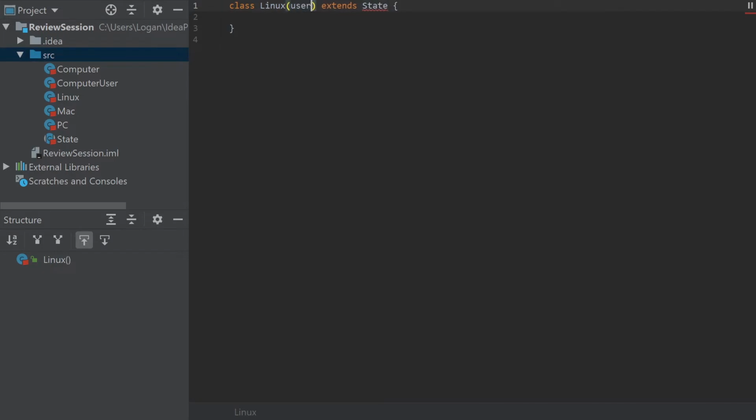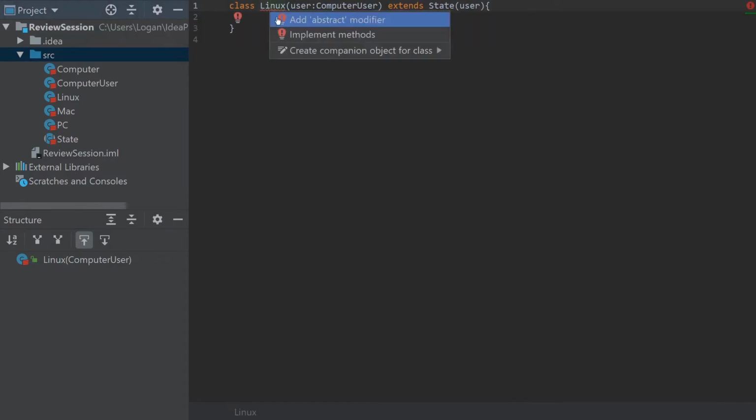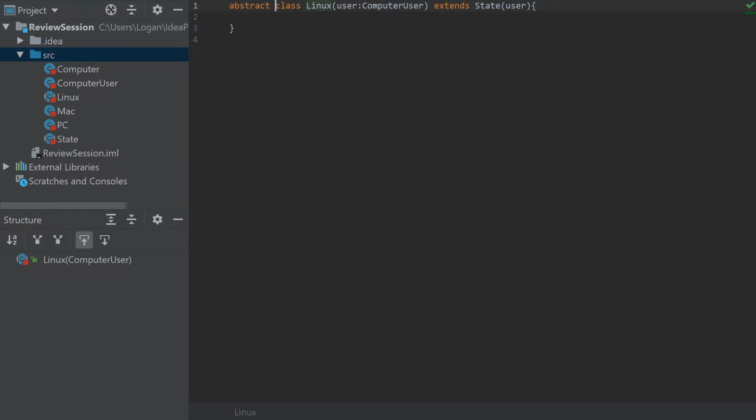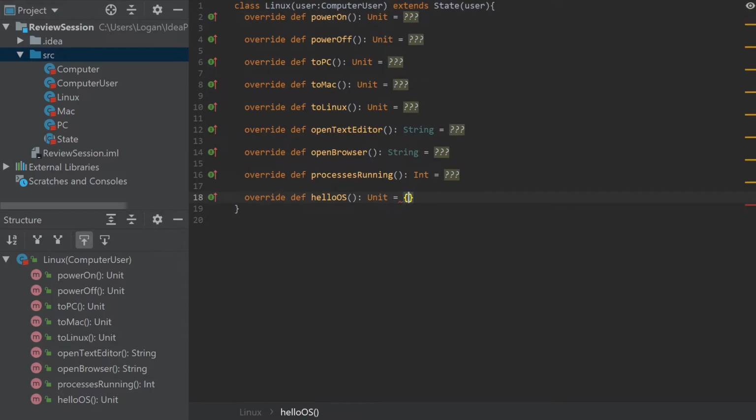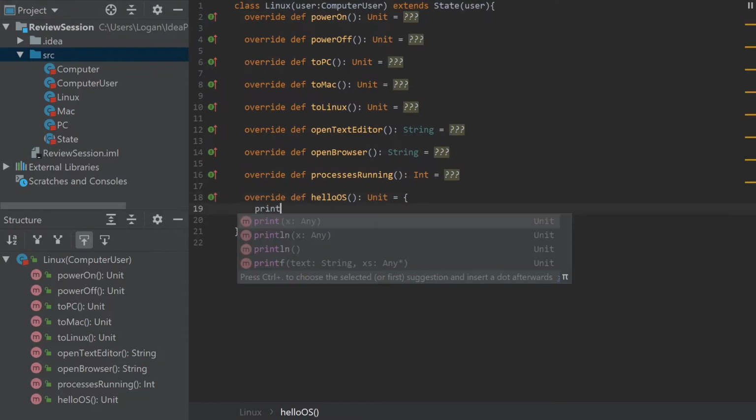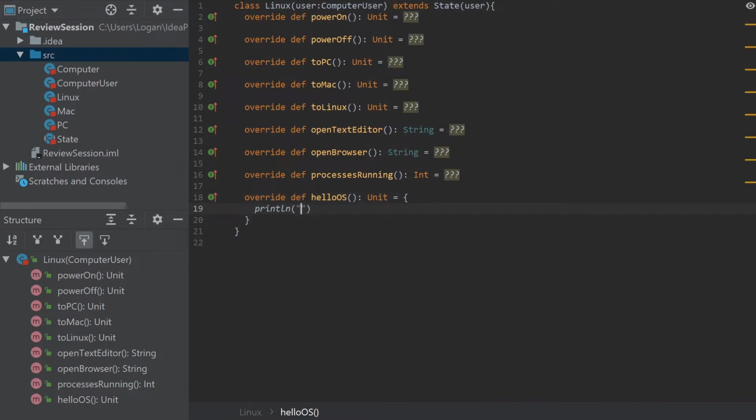What's going to happen is once Logan gets this all set up and those methods implemented, that is a method that is inside of Linux that can be called. Now, the trick that I'm going to show you is even after you switch what the state is. So when we have, yeah, you don't want abstract class. Yeah, you want, I pressed the wrong button. You know what? Okay. So if we throw the print statement into hello OS and then we hop back into PC, what's going to happen is, yeah,